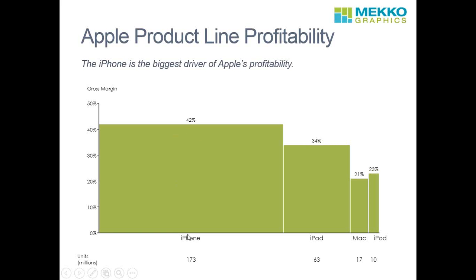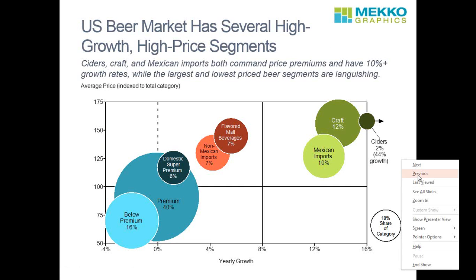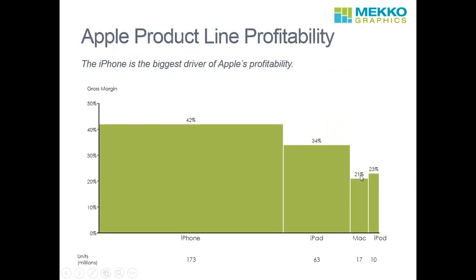It's not often the case that your most profitable product is also your highest selling product, and you can see that more than half of the total units that Apple sells are iPhone units, and Macs, while a cool computer, are a very small percent of Apple sales, and its lowest margin product. So, using a Marimekko chart,